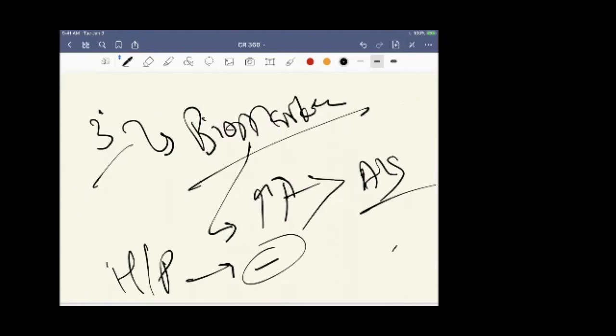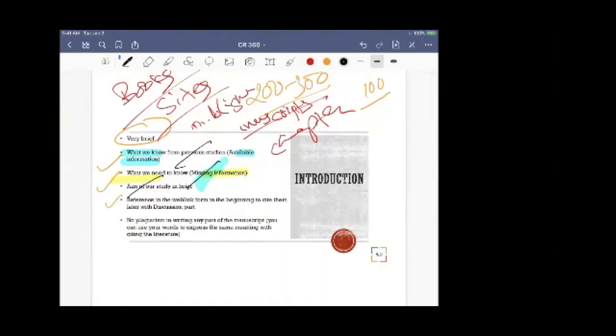So this is how you write your introduction in simple 3 paragraphs. Paragraph number 1 is previous studies, paragraph number 2 is missing information, paragraph number 3 is how it will be helpful in future, with aims and objectives. In the beginning, make sure you upload the web links so that it will be easy for other people in your team to look at those web links, so that you don't have to worry. And later on, you can cite all those web links with the introduction and discussion, everything together.